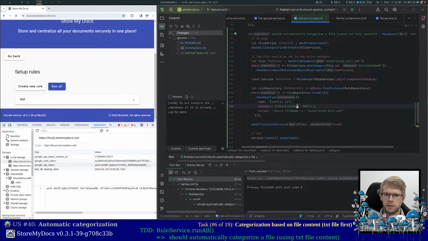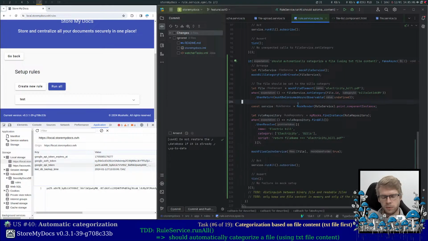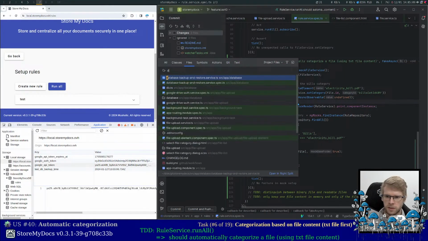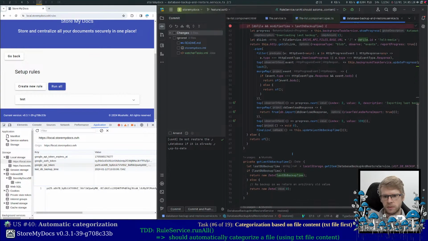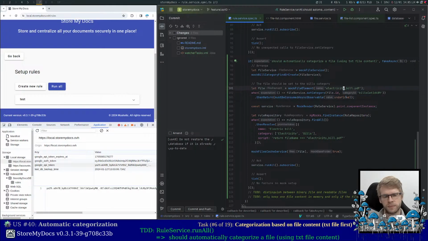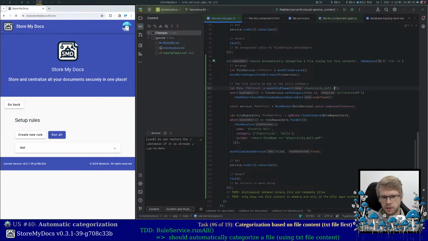So I need to simulate the download of the file. To do this, I have an example of doing this for the database backup. So first I will change the test to understand a bit more what we are going to do. So it will be a txt file,